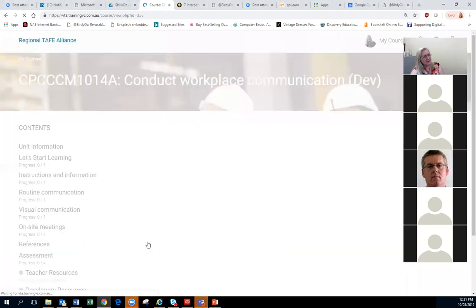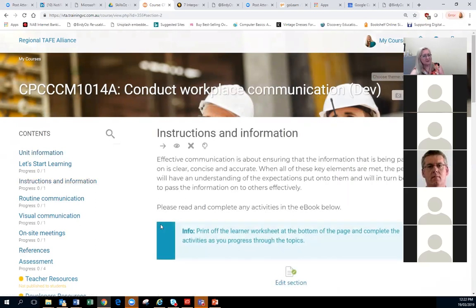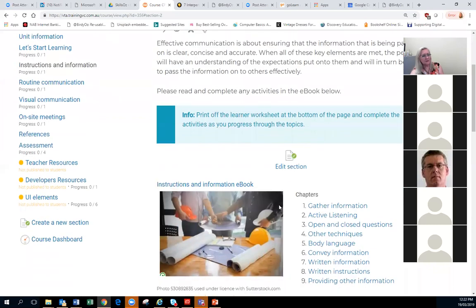So if I go into here, we've got a set template, so it makes it consistent throughout. And then if we've got instructions, so in each of the units I would have something like the eLearner worksheet, so I'm making it consistent, always instructions about where to go.